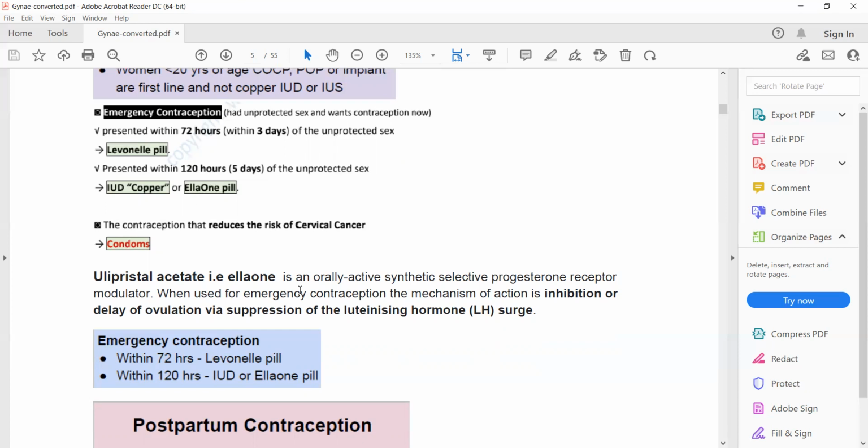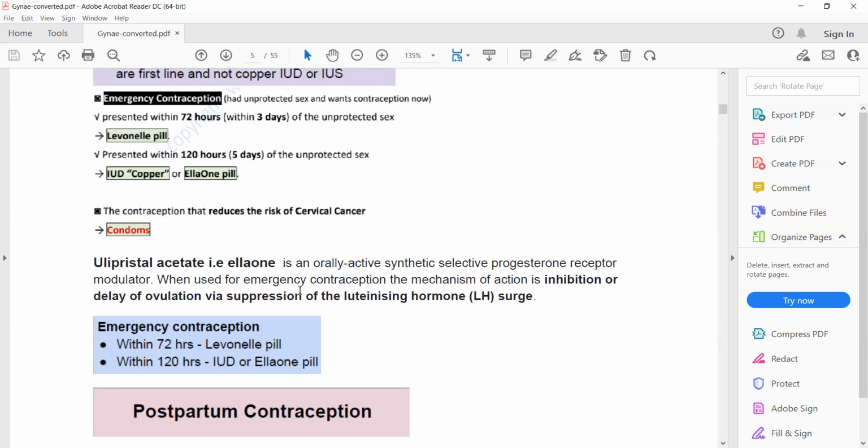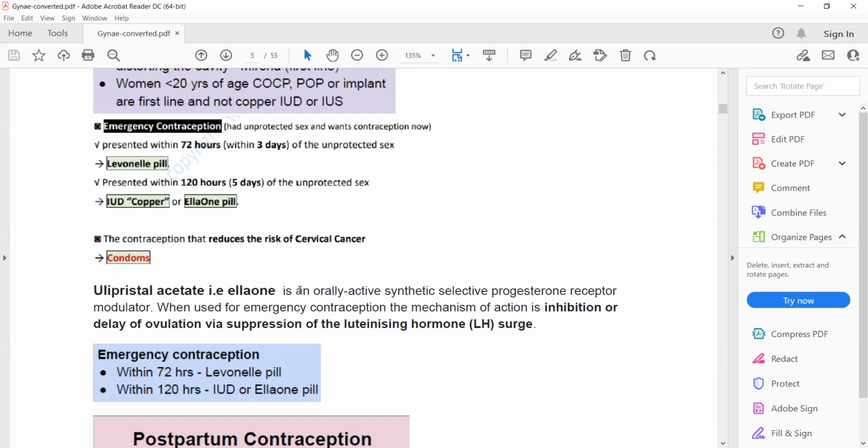Now, sometimes in the exam, they ask which contraceptive method reduces the risk of cervical cancer. Remember that cervical cancer can be caused by the HPV virus. So barrier methods of contraception such as condoms can reduce the risk of sexually transmitted infection. That's why condoms can reduce the risk of cervical cancer as well. So if they ask you about the contraceptive method that reduces the risk of cervical cancer, then your answer will be condoms. So this was all about